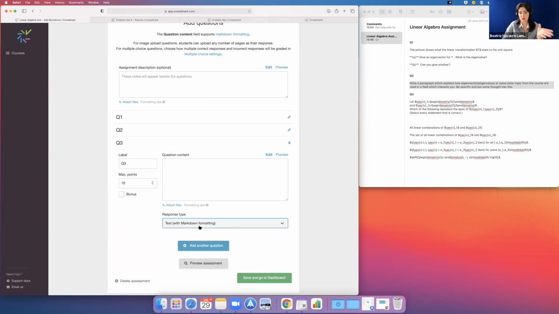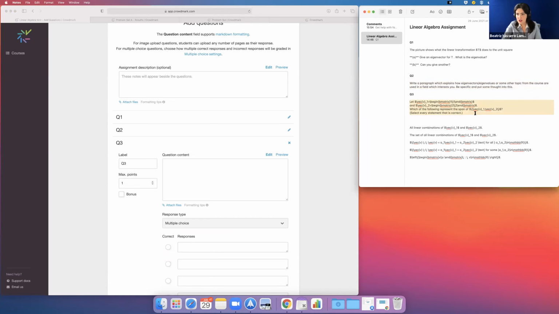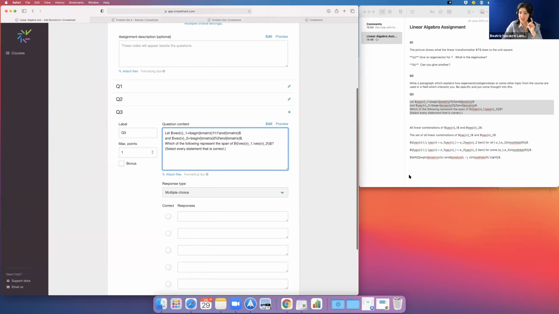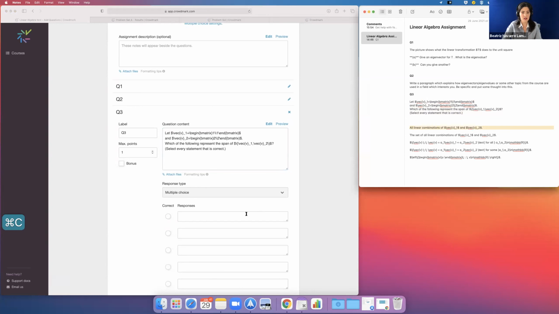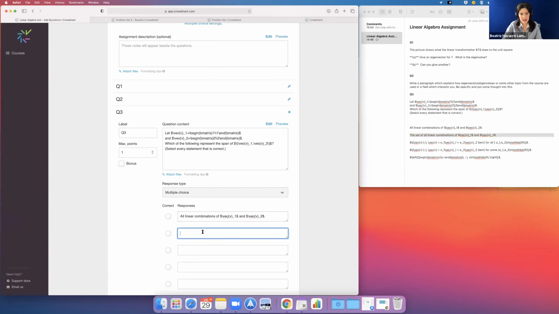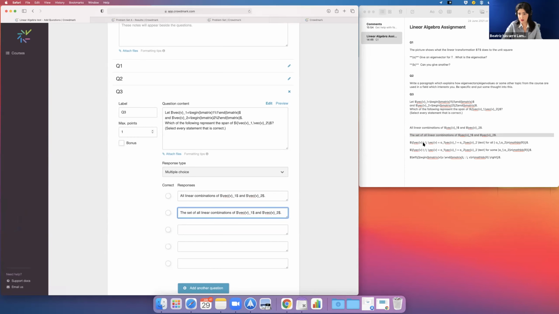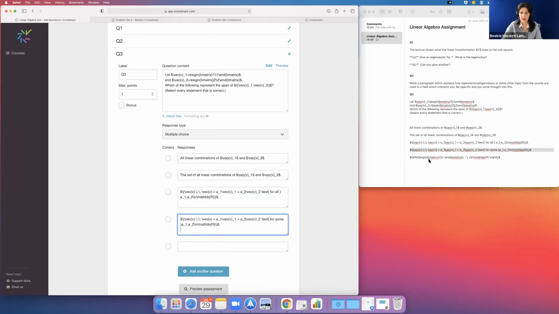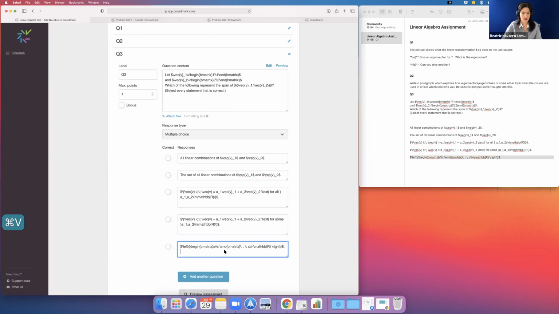And I want to add a multiple choice question. So we have multiple choice. And here we have the question. And in this one, I want them to choose all the ones that are correct, not just one of the correct ones, but all of the ones that are correct. So I'll add here all my options. And as you can see, it supports LaTeX beautifully. So we can put all our questions over here. Perfect. And then we choose the correct answers.